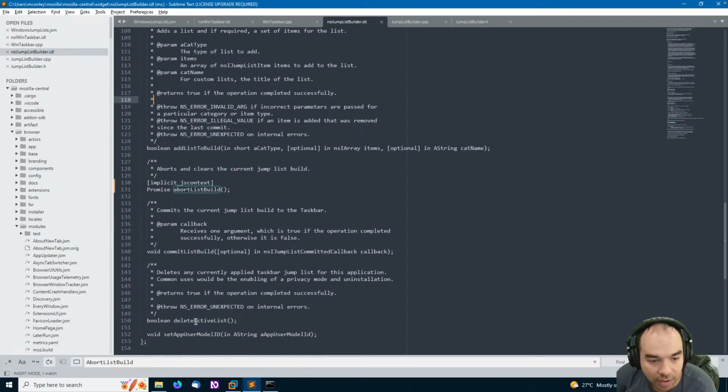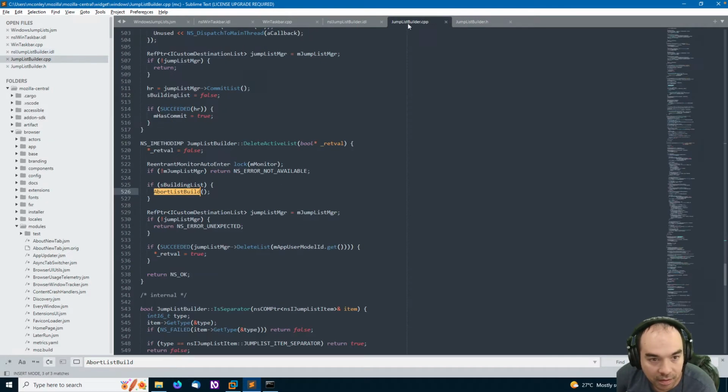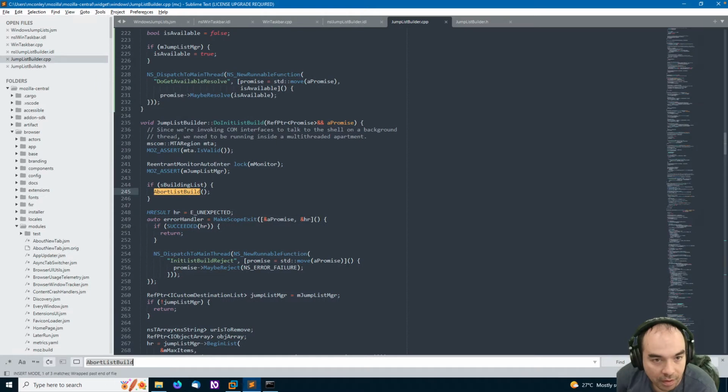Delete active list returns a Boolean. And do init list build. This is running on a background thread.